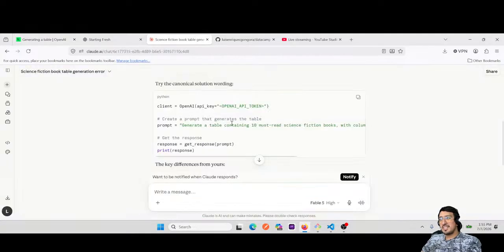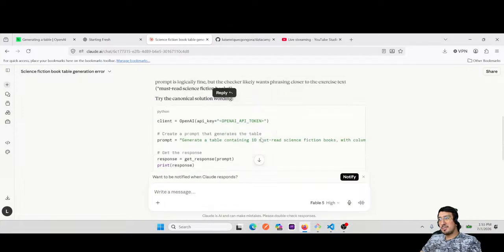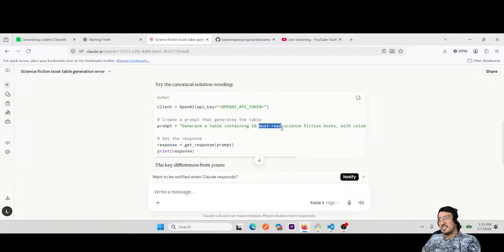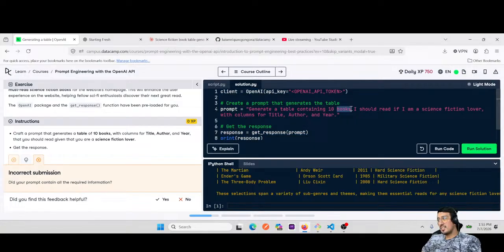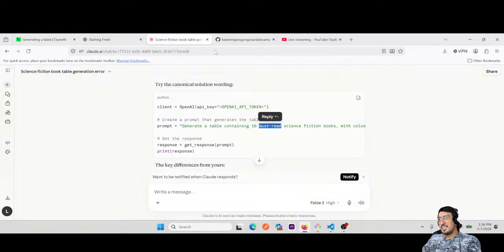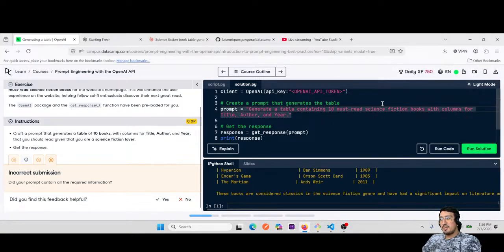So it's basically like making a keyword pattern matching. Okay, so I guess I need to then must read science fiction. Yeah, the must read science fiction books with columns for the title, author, and year. If that's the case, that means that it's